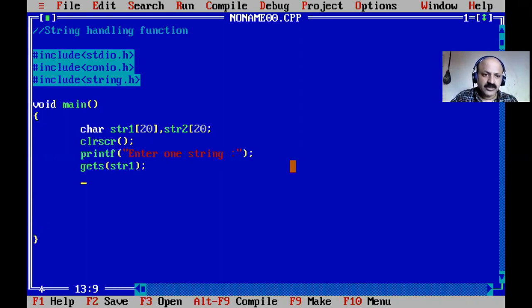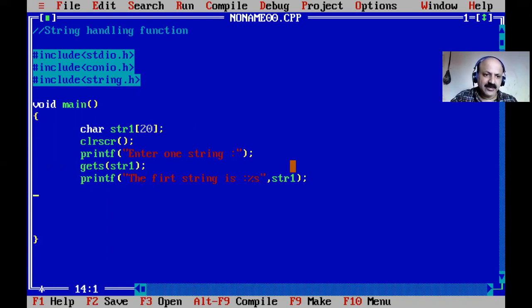Now first we can print, how to print and how to scan a string. The format symbol is percentage s, and str1 we have to print. I do not declare the second yet, only one.